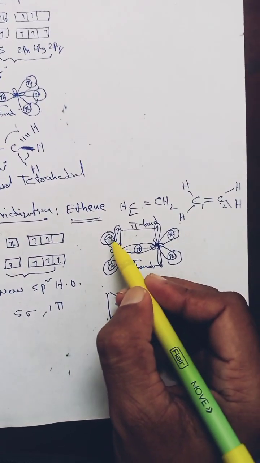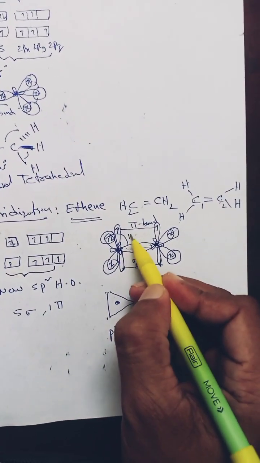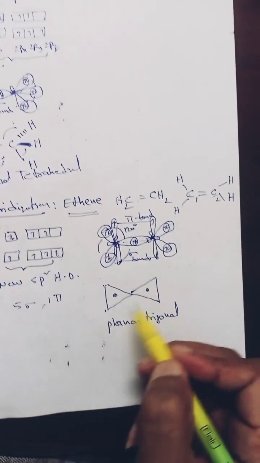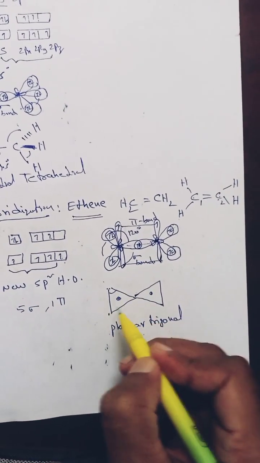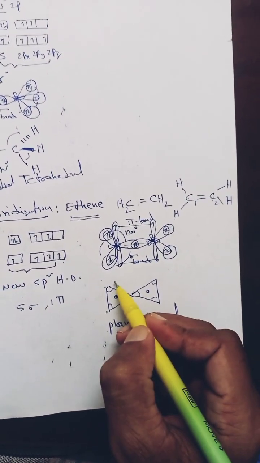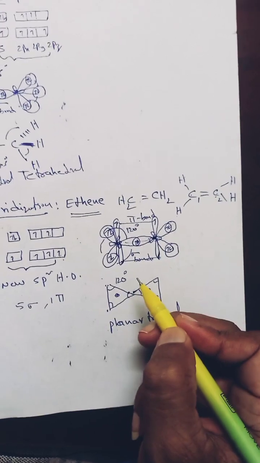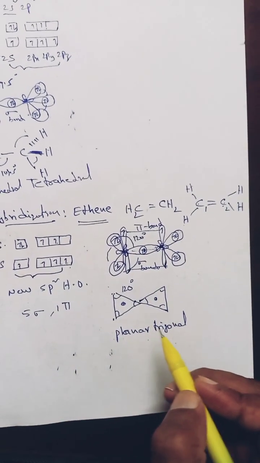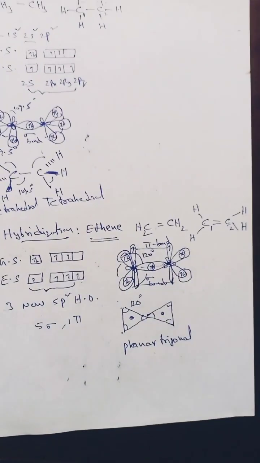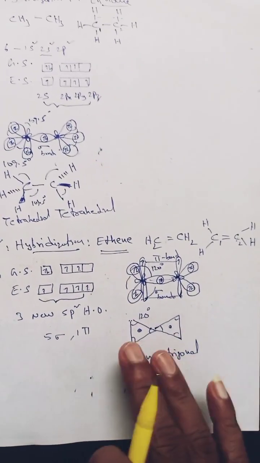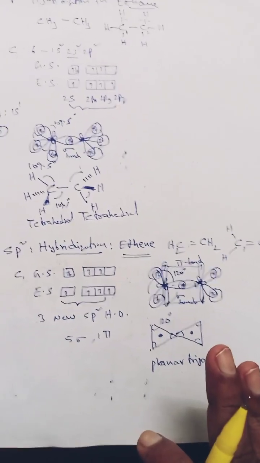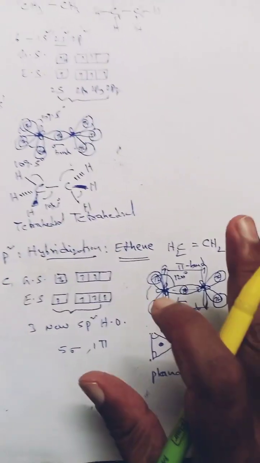And bond angle: in the triangle, the angle from this orbital to this orbital is 120 degrees, and this is also 120 degrees, this is also 120 degrees. In a triangle all the angles are the same. Everywhere you take the angle it is 120 degrees. That's why it is called a trigonal structure, and all the bonds are on the paper, so it is a planar structure. So this is the structure of the ethene molecule